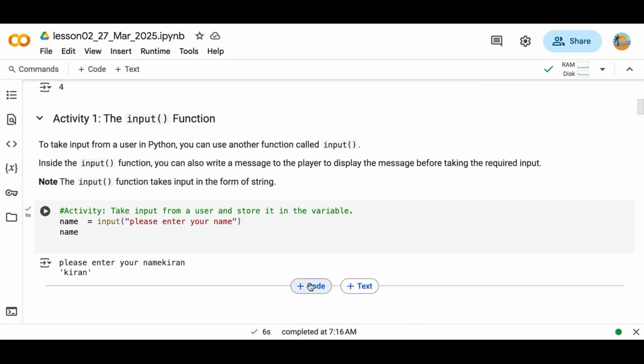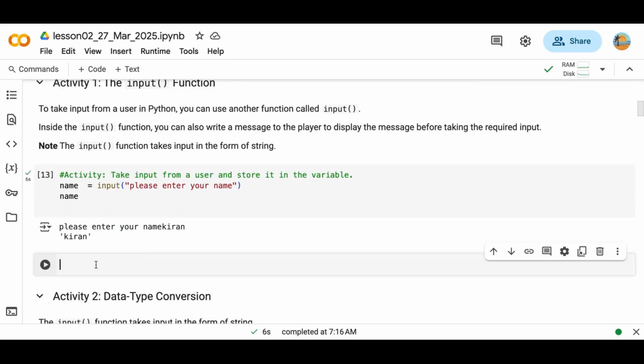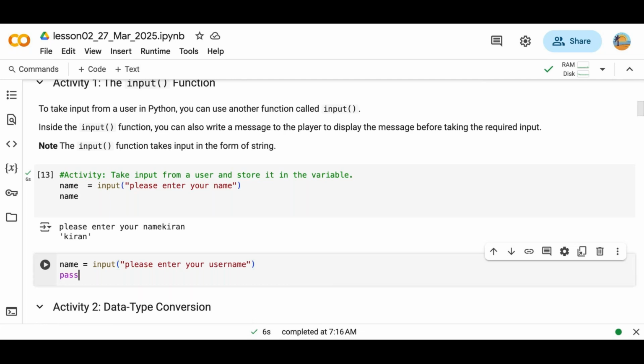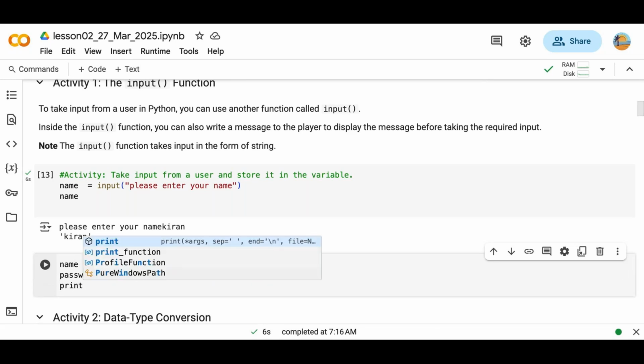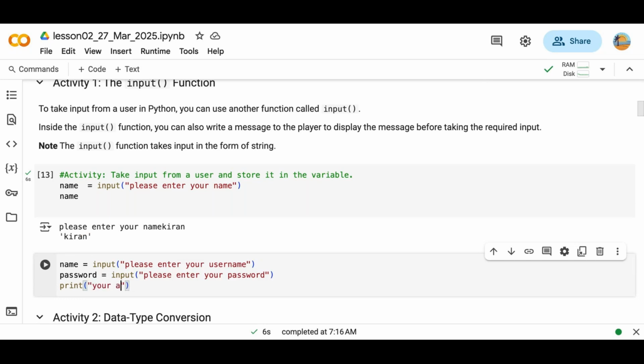If I have multiple input functions, like name equal to input, please enter your username, then password equal to input, please enter your password. So you can print your name, your username is